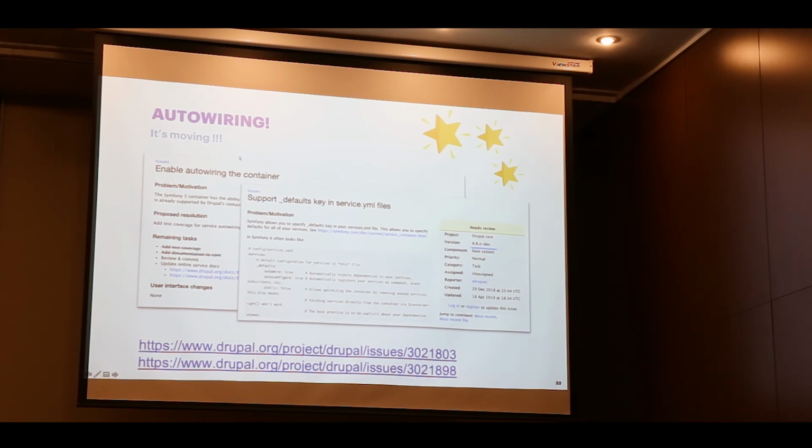And it's moving on Drupal because this feature is now supported since Drupal 8.8. For auto-wiring, we also need support of the defaults key inside your YAML file, and some people are working on it too. It's an important thing for Drupal because it's easier to use the container with auto-wiring.